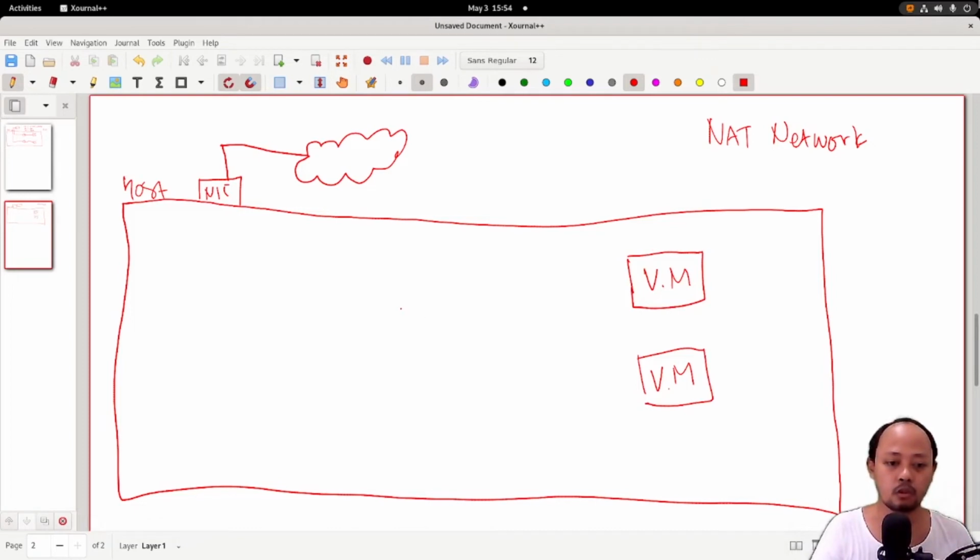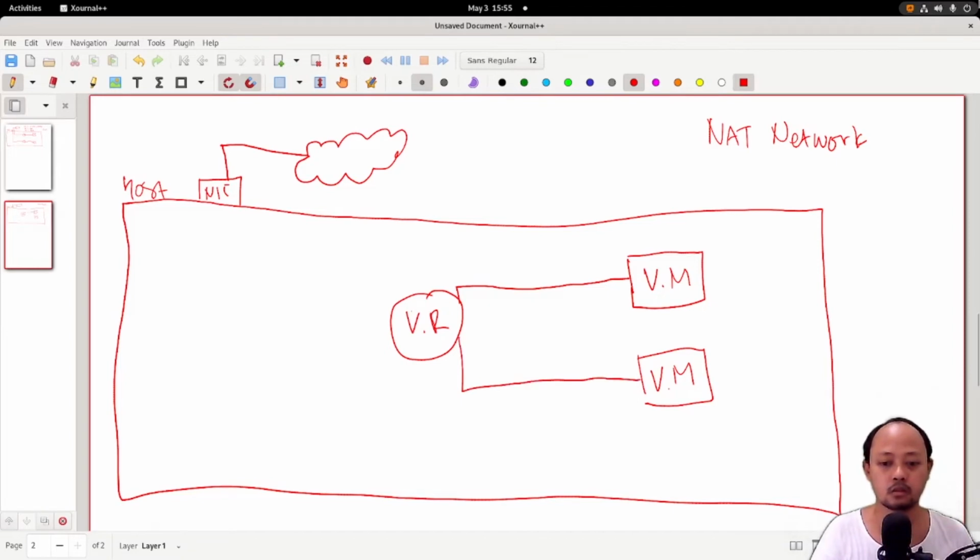It's like we have a virtual router that is connected to each VM like this, and this virtual router can connect to the internet through the host's NIC.